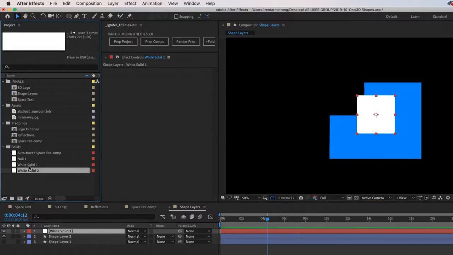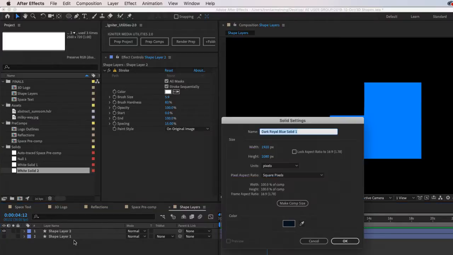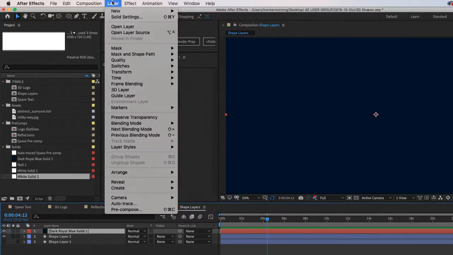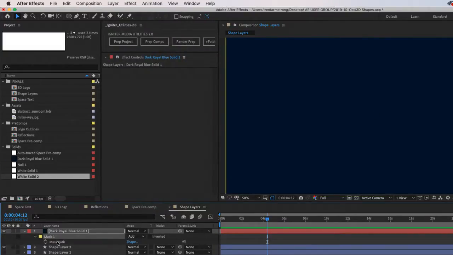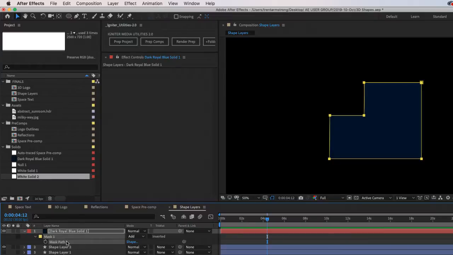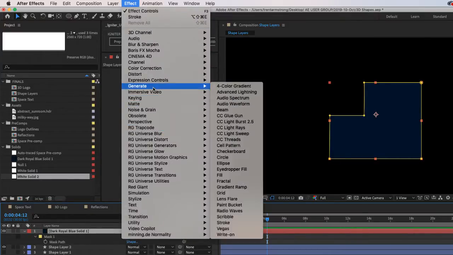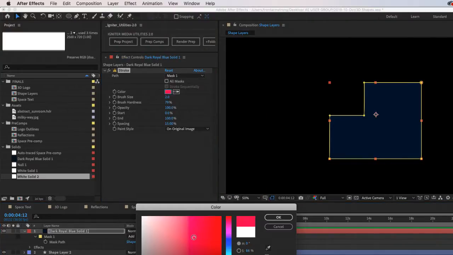That cell is not very big. Let's see. Let's put another solid in. So I've copied my path. I'm going to go new mask and then paste that path on there. And then I would be able to do my stroke here. Let's go back and make that a pink stroke.